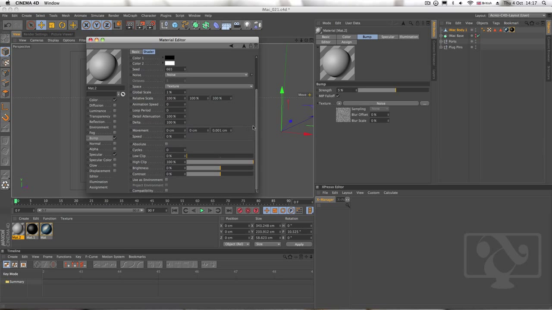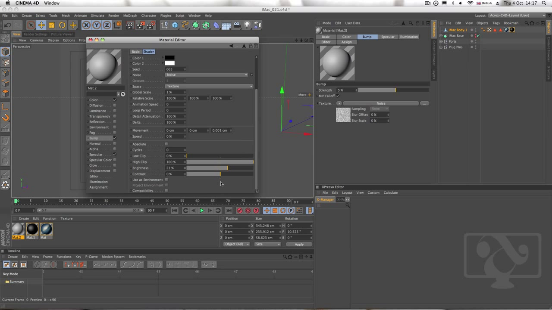And then we're going to come down and make sure that the low clip is on 0%, the high clip is on 100%, and we're going to change the brightness to around 20, we'll say 21,